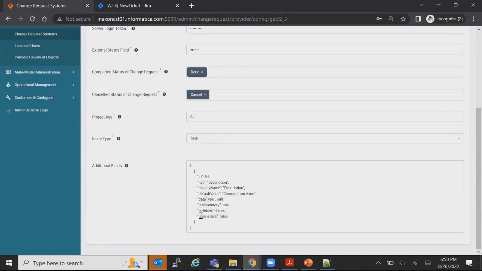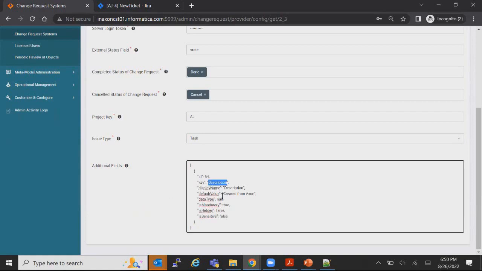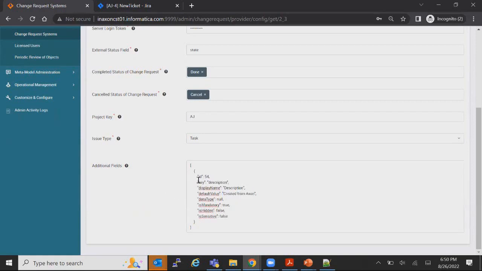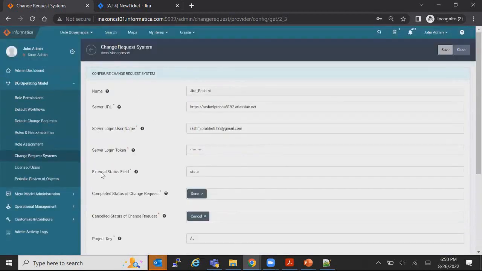And this is where the format of it is. Now we are adding a description, and we have provided a default value for that. Okay. So once you have created the Jira details,